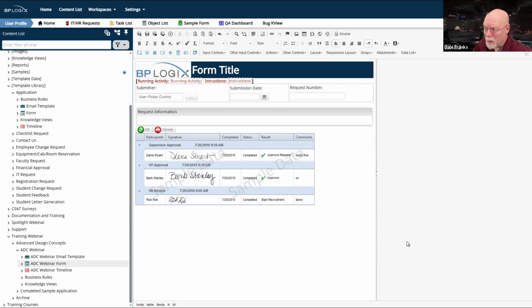Because if they're disabled, they're still appearing on the form. They're just appearing as non-fillable fields. If you set them as disabled fields as text and they have no values in them, they'll just be blank areas on the form.